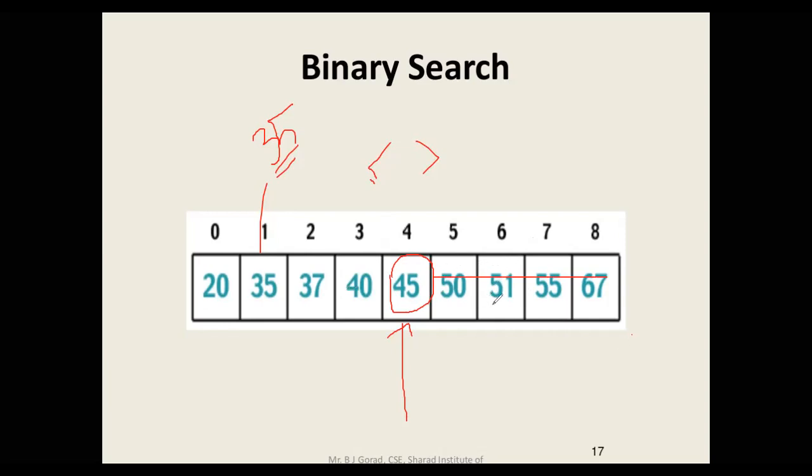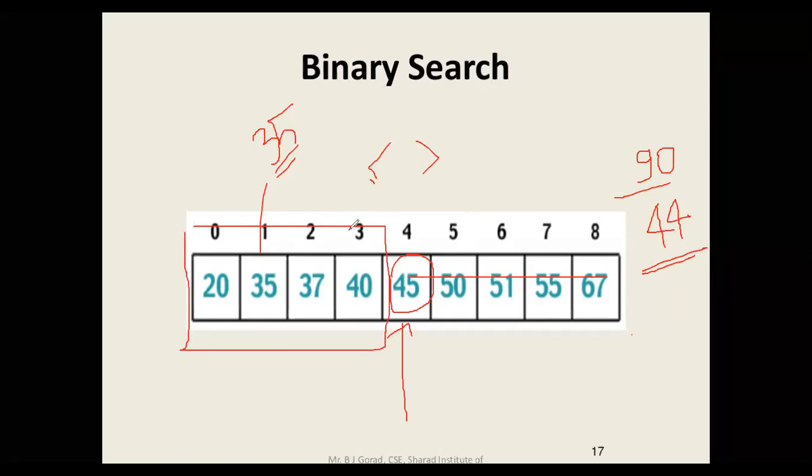Now, the total array size here was only 9, right? So in this case, just by doing one comparison, you have discarded 4 items from the list. Now imagine if it was an array of size 90, and just by doing one comparison you'd be able to discard almost 44 items. That means 44 items that you don't need to search. And this is just the first iteration. In the second case, you have discarded this part, so you don't have to search in this area. Next, you will start with this array and again see what the middle of this array is. Okay, let me just remove it a bit.